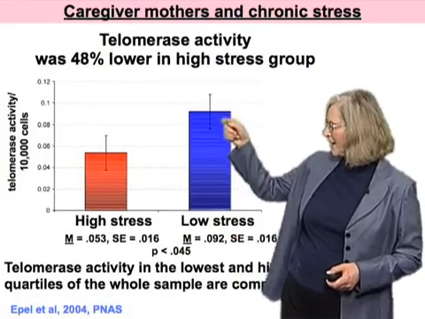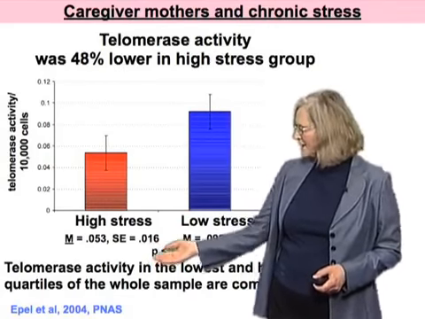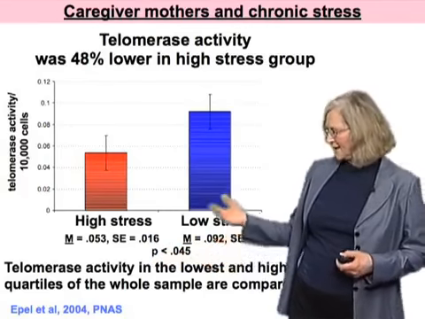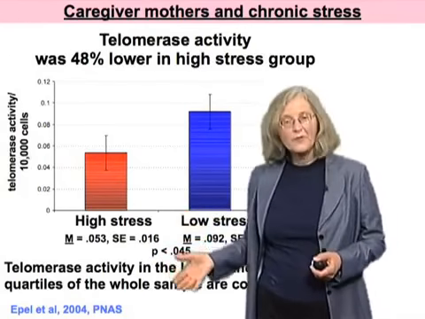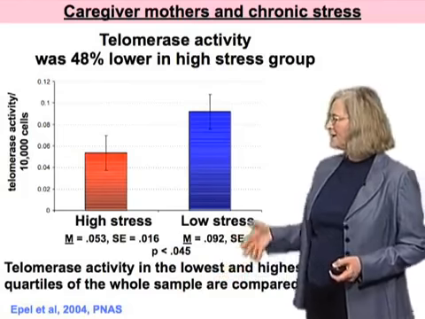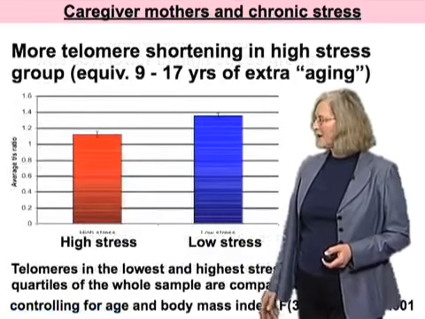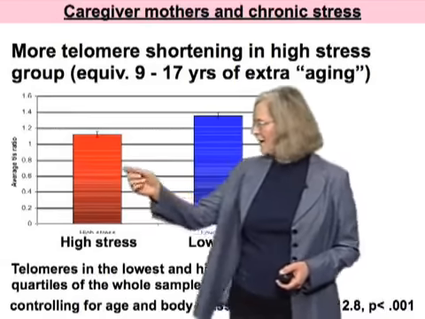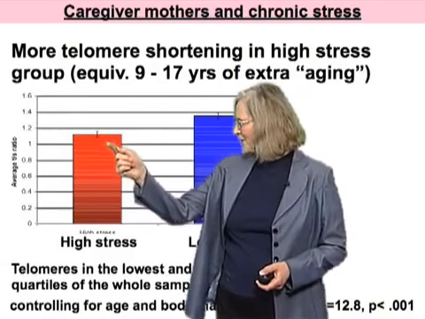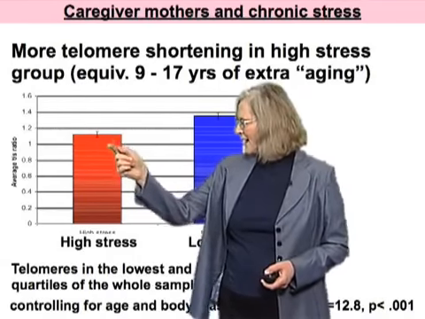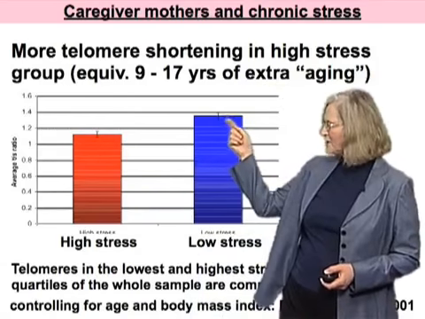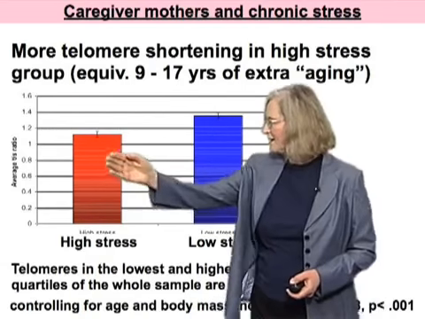And again, the error bars say that this was quite a significant observation taken together with the number of individuals analyzed. So this was a striking relationship, as was the relationship of telomere length. Now, I'm just going to point to the error bars. They're very small here. This is the high stress, this is the low stress quartile. You can see these are very different.